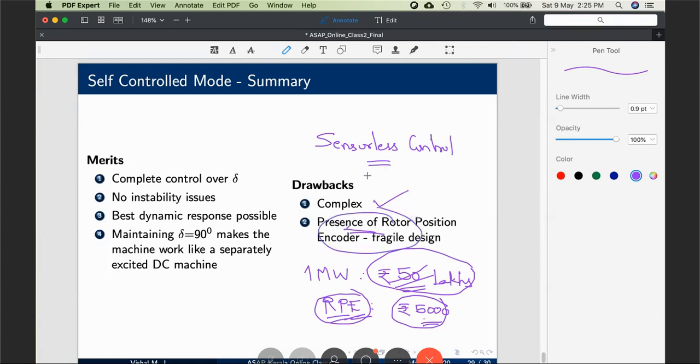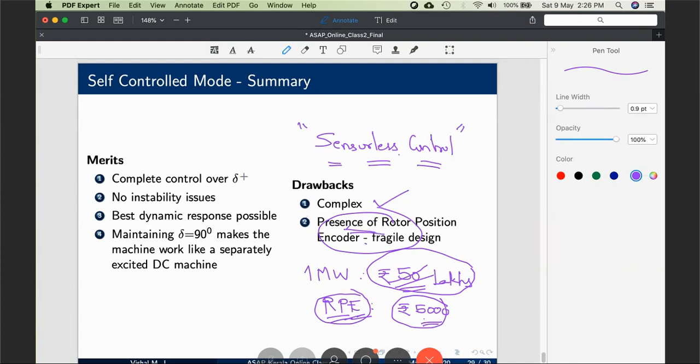There are several methods of predicting the value of EF. Several researchers have put forth their own theories and flowcharts to predict the value of EF. That is sensorless control. This drawback can be overcome in sensorless control, but then you lose. Here they are predicting it, so there is some chance of error. Here there is no chance of error; you are actually getting your EF. So it's a trade-off between these two.